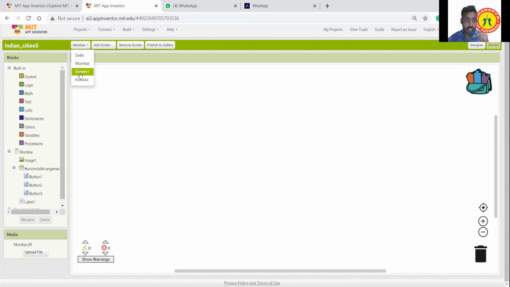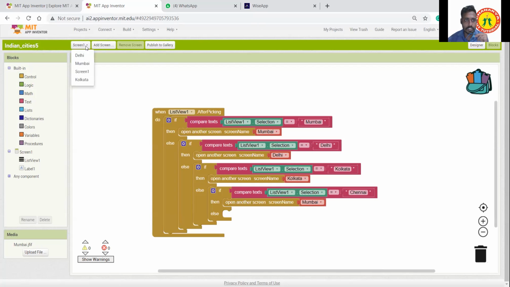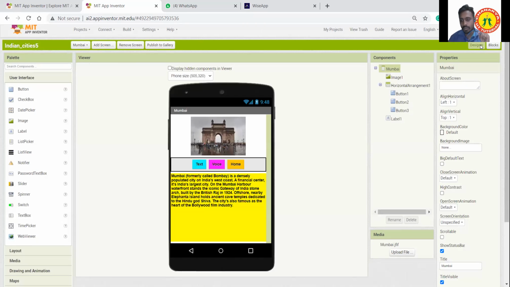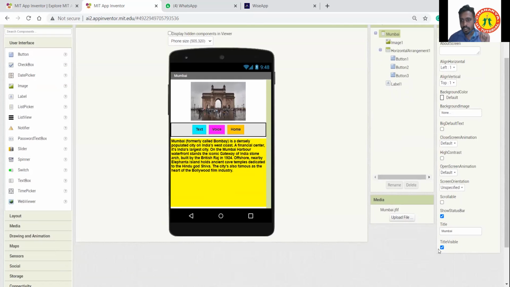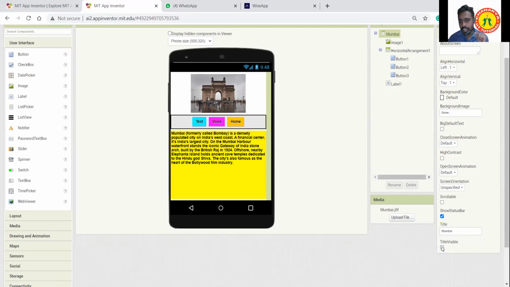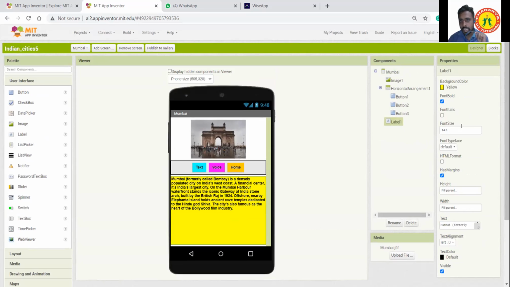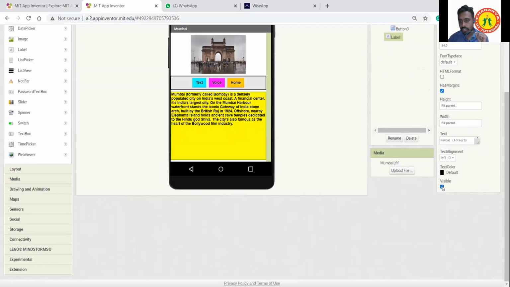Yeah, we completed screen 1. So we have finished this list view part. For switching screens, after it changes to the Mumbai screen, click this Label1 and make it invisible.